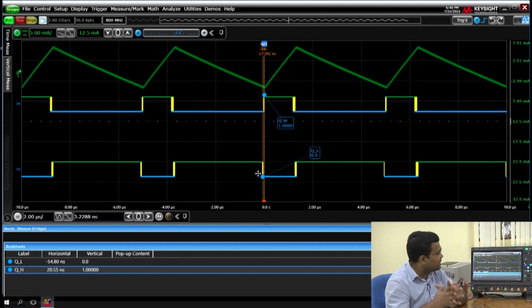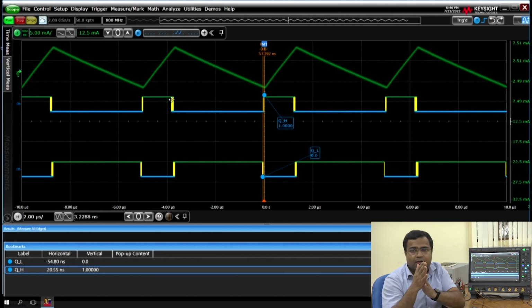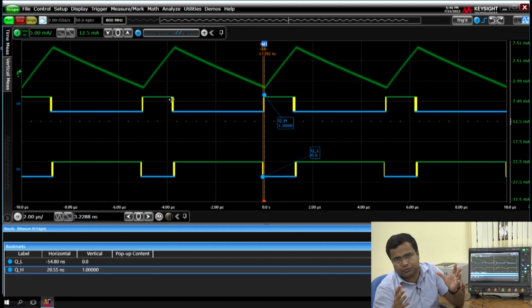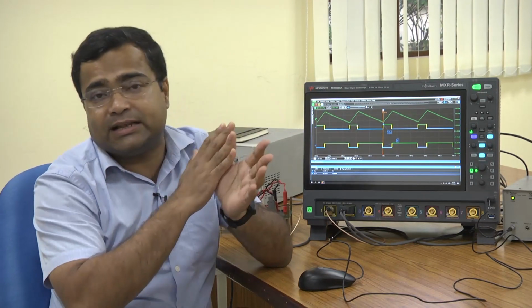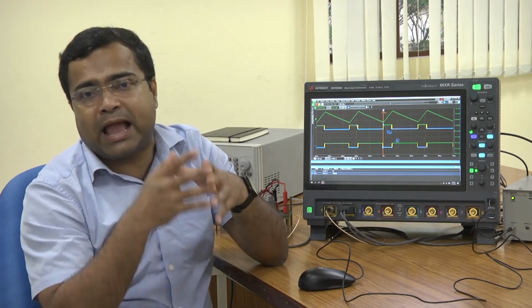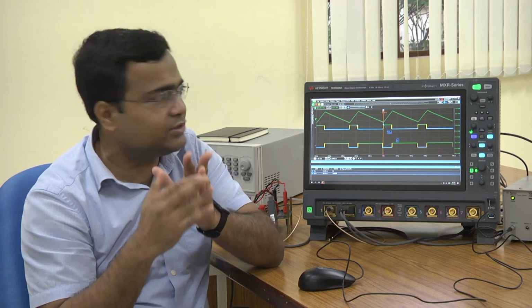the problem is that the sharpness of the turn on and turn off of the gate signal requires a very high bandwidth analog channel, and that is one of the limitations, because even if you go for a 1 gigahertz oscilloscope, typically the roll-off starts much earlier. So as a result, you will get a low pass filter effect. Your high frequency signals will be attenuated and it will not look like an actual square wave or PWM wave. So you will lose the high frequency information at the turn on and turn off process. That's why you need a dedicated digital channel, and that is one of the purposes of using a mixed signal oscilloscope,